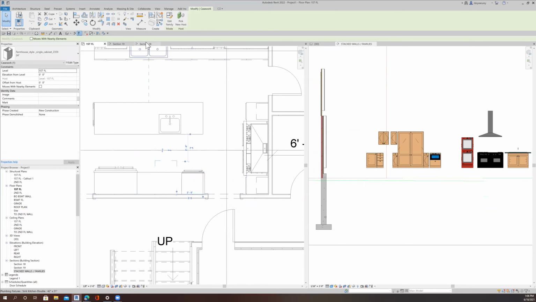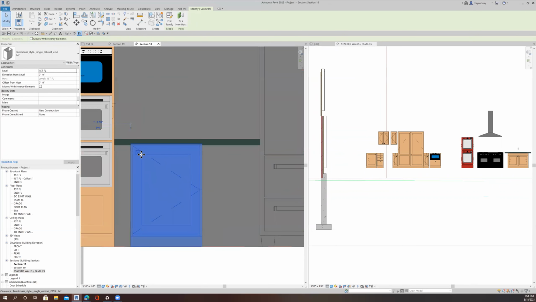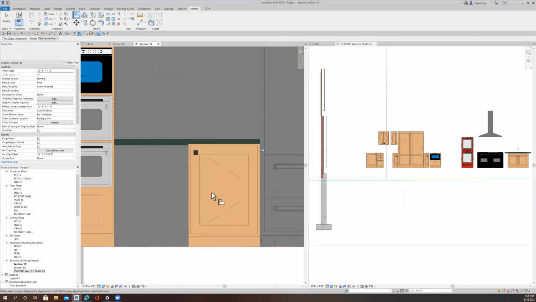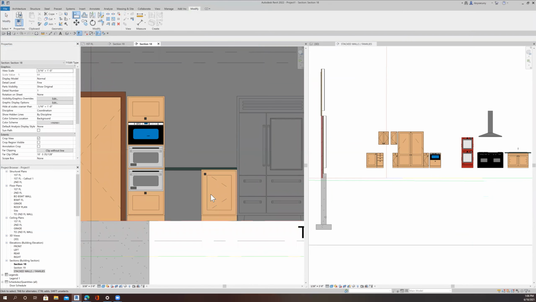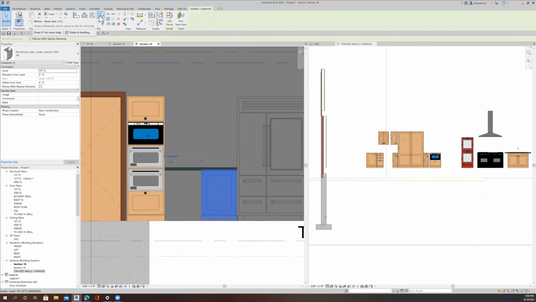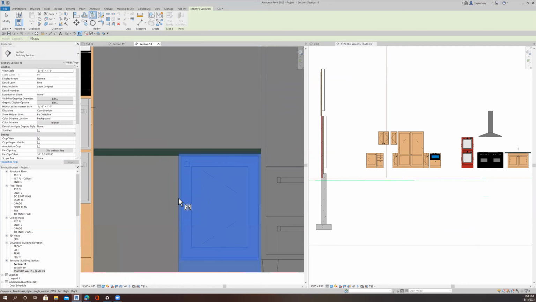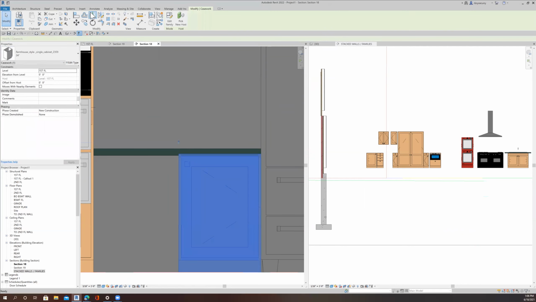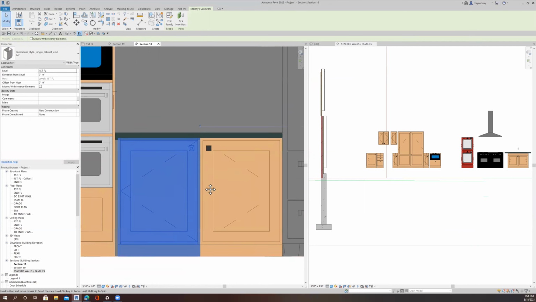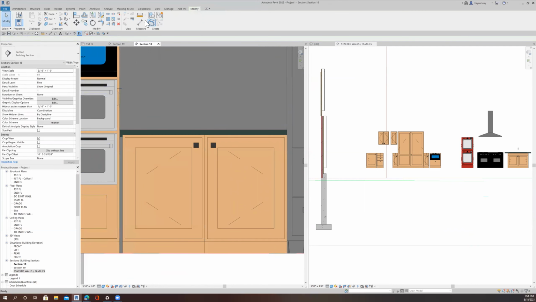So when I look at my section, I see him completely. And obviously that hinge should be on this side. So what I'll do, I'll move that one over here. And I'm just going to hover over it to see what exactly is this. Is this a 24-inch wide? Yep. Okay, so I should be able to mirror that guy about here. Should be able to. Let's try it again. Pick this. Say I want to mirror it and pick that. Okay. And now I can align